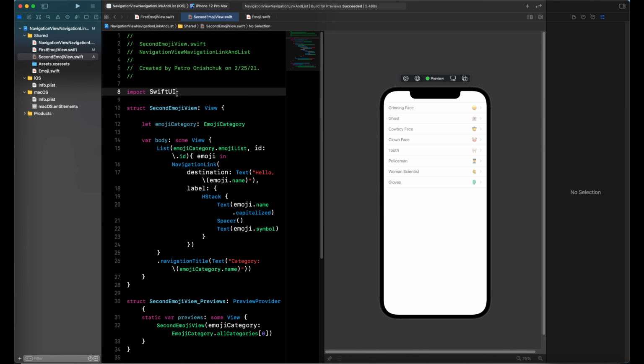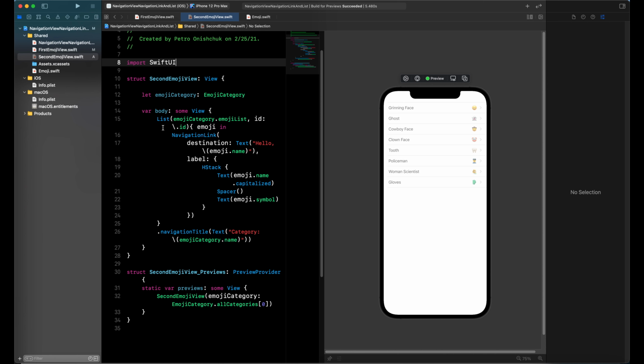Now you can see I create a second emoji view. With this view will be displayed a list of emoji for specific emoji categories. First, in this view I create an emoji category constant. This constant will hold the emoji category that we select in our first emoji view. Then we create a list with all emoji for specific emoji categories and put inside each row in our list